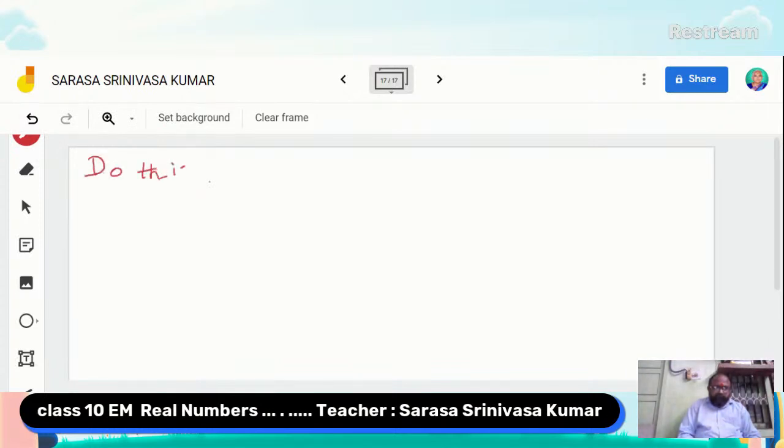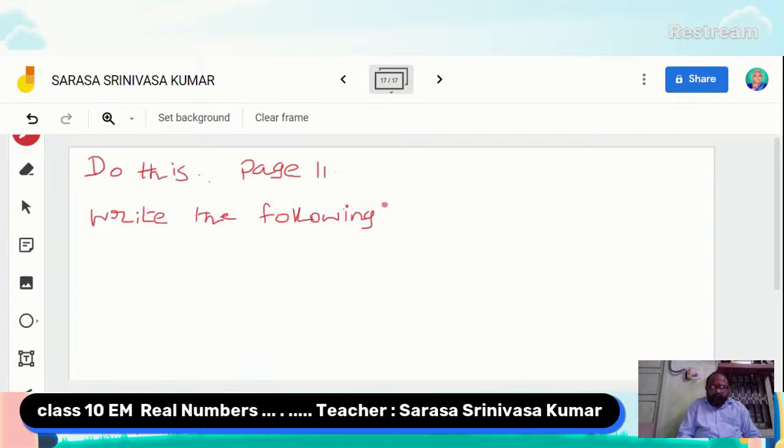Do this. Page 11. Write the following rational numbers as decimal form